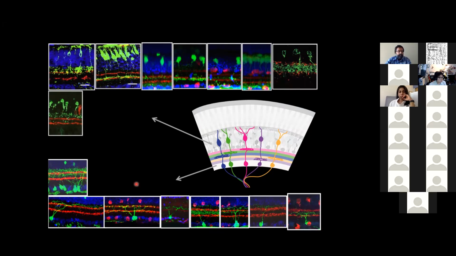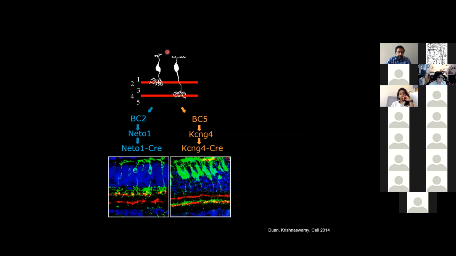What Shin and I did was to get a hold of lines like this and seek out the selective expression of recognition molecules. What we found was that these 2 lines up here that label bipolar cells, bipolar cell type 2 and bipolar 5, expressed a pair of highly related cadherins, with bipolar 2 expressing Cad8, and bipolar 5 expressing Cad9. Given that these 2 cells target almost mirror symmetric positions in the inner plexiform layer, and they are the only 2 cells that express these 2 isoforms, we wondered whether the cadherins are helping them